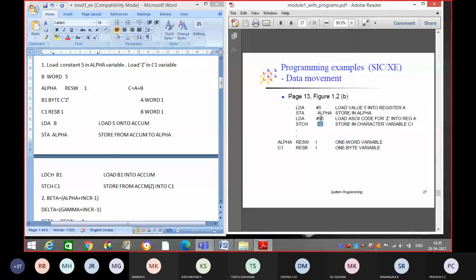Understood? When we say STCH C1, how have we declared this C1? By using RESB, not RESW. That means it has to store the character onto C1. The ASCII value of Z is 90, so Z will be stored onto C1.